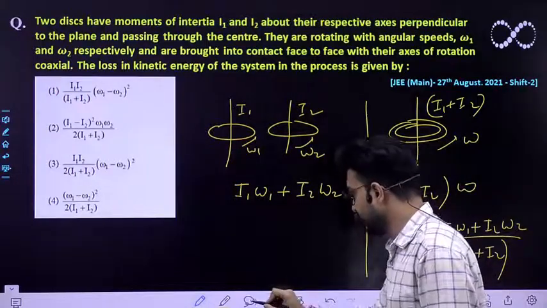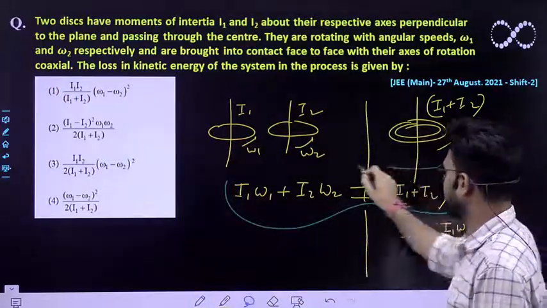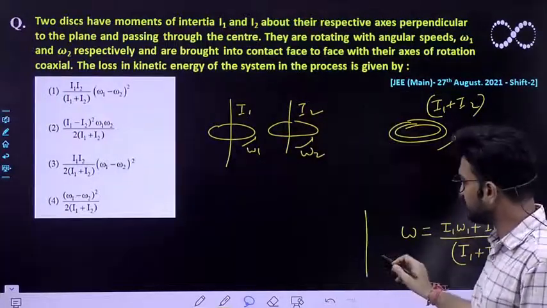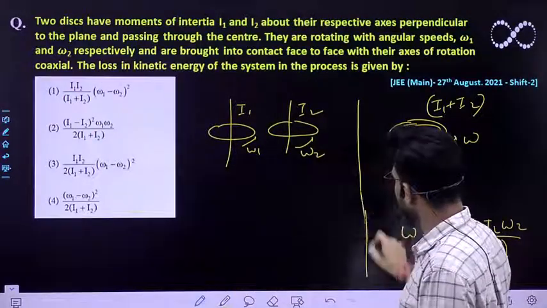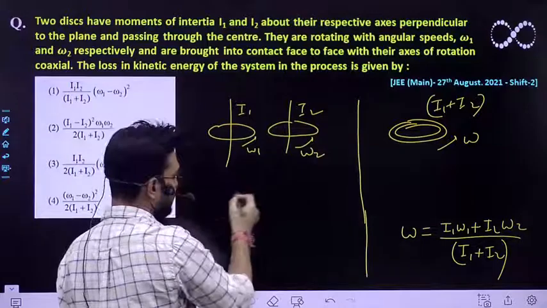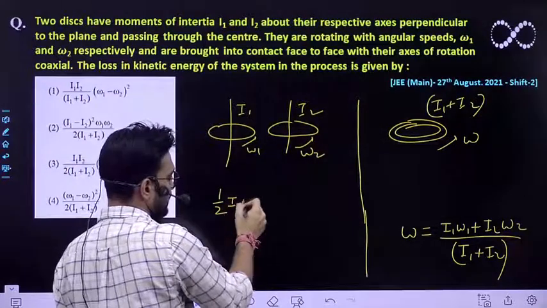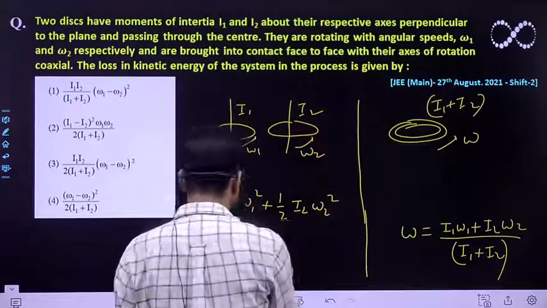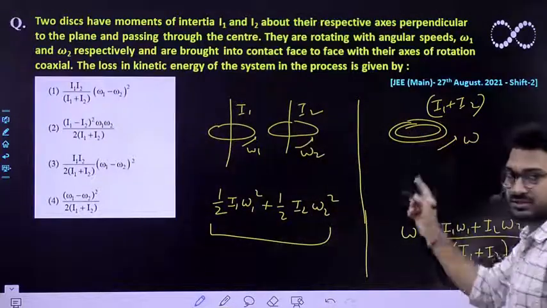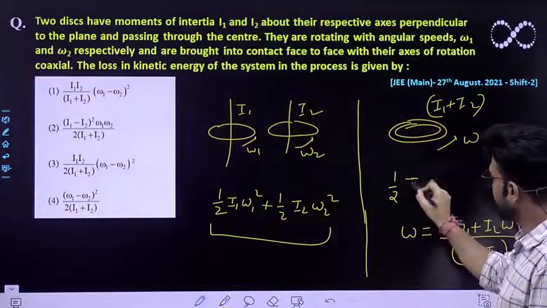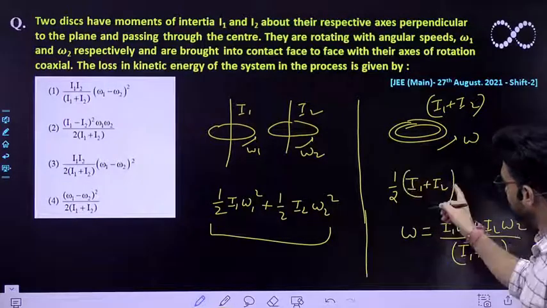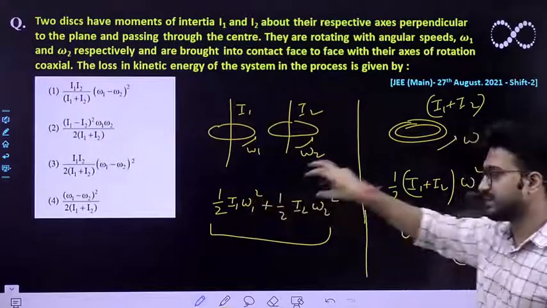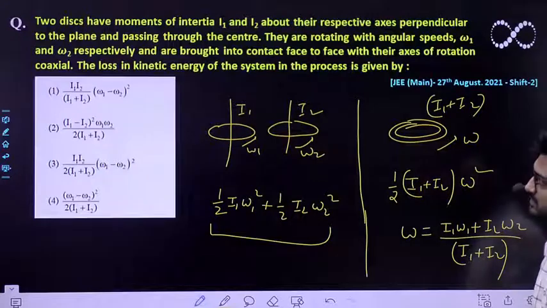Okay. Now one more thing is given to you. That means the energy has been lost. So that means the total kinetic energy before is greater than the total kinetic energy after. So we know that the total kinetic energy before is half I1 omega 1 square plus half I2 omega 2 square. So this is the energy which is greater than the kinetic energy of the system over there. So it would be equal to half I1 plus I2, this is the system's moment of inertia, into omega square. So this energy is greater than this much of energy. So you have to find out the loss in its kinetic energy.